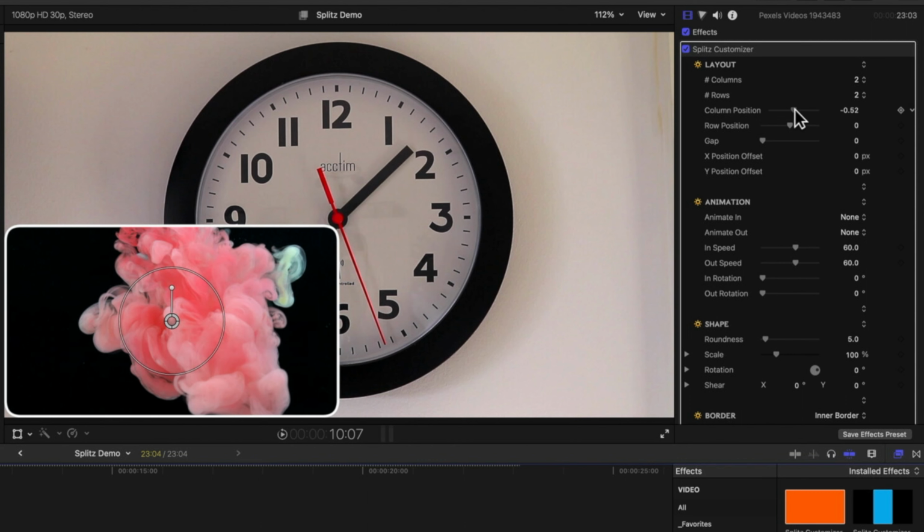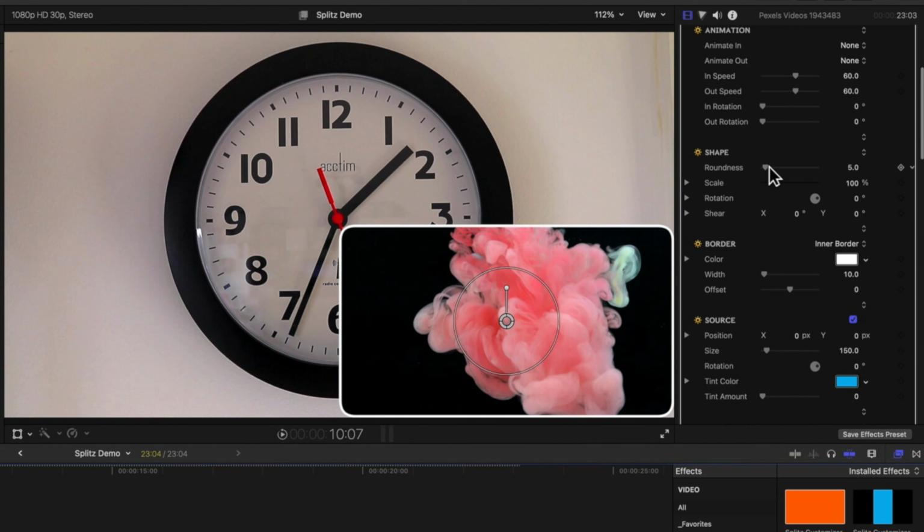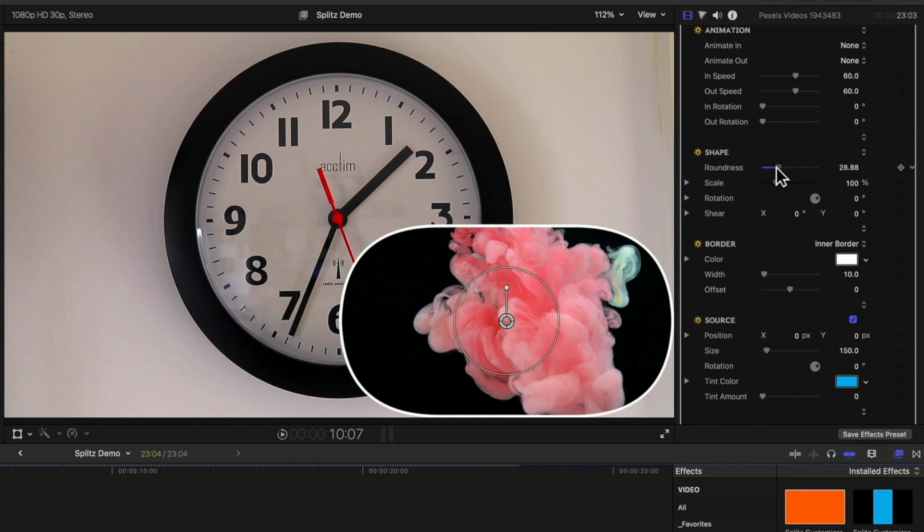And then you can see I've got options for my row position. So I can change my column position to a negative value, or I can increase it, which is going to put it to the left or right there. And then I have my option for my row position, which is going to allow me to push that up. But before we do that, we want to get some settings set up for our split screen. So first thing is we're going to scroll down and just modify the roundness of our shape here a little bit. Make this a little bit rounder,